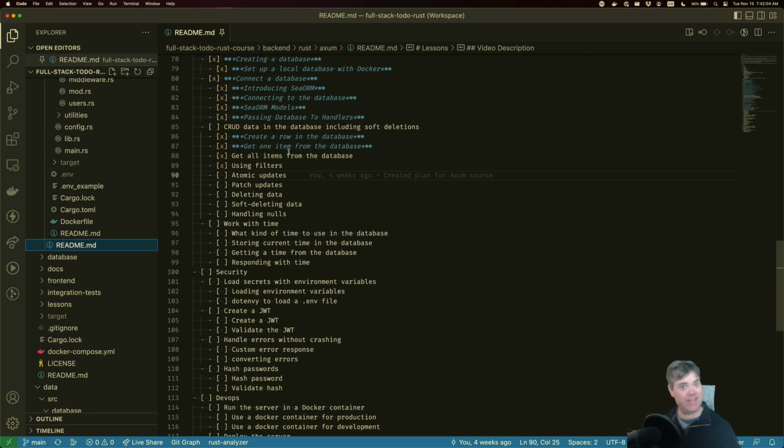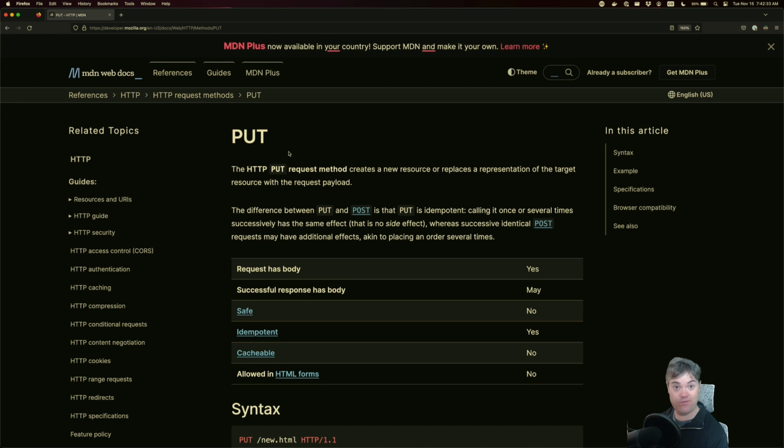Now that we've created and gotten our tasks from the database, it's time for us to turn our eyes to updating our items in the database. There are two different types of updates. If you're familiar with REST databases, you might know about PUT and PATCH. In this lesson, we're going to be going over PUT, which is what we might call an idempotent or atomic update. If we take a look at the MDN page for PUT itself,